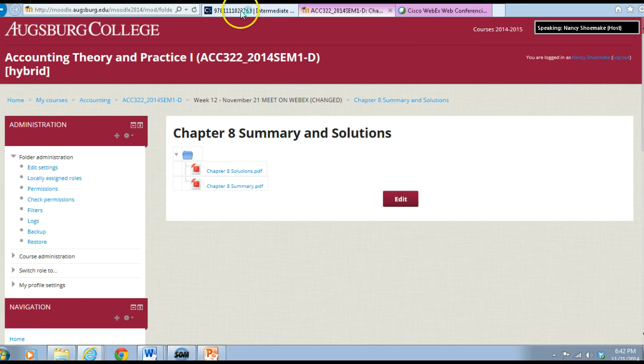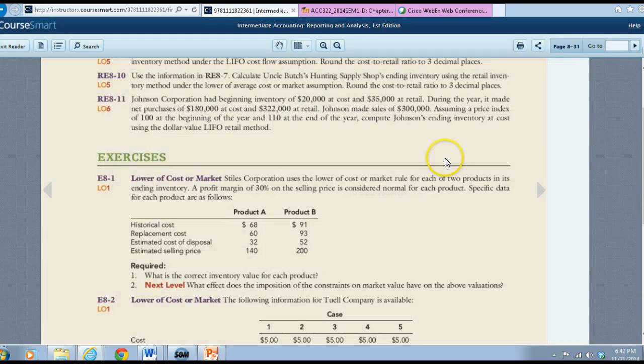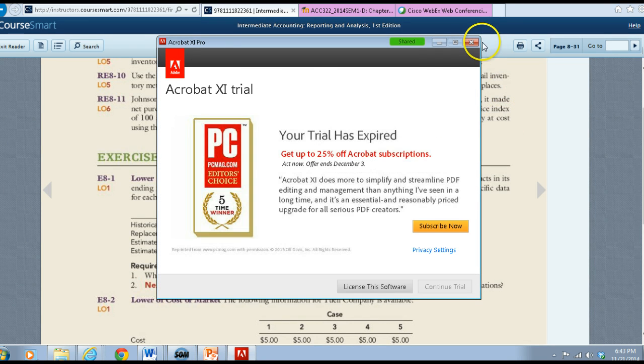So, the lower of cost or market. Stiles Corporation uses the lower of cost or market